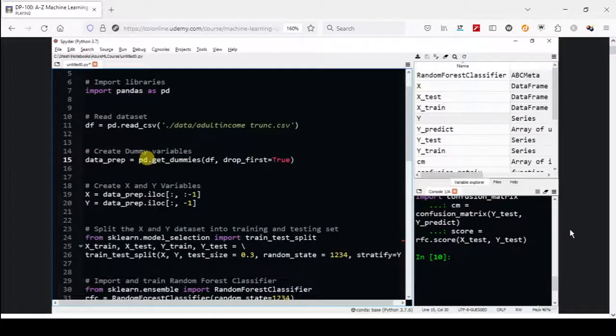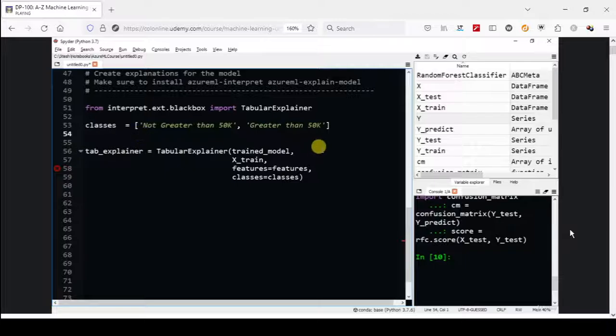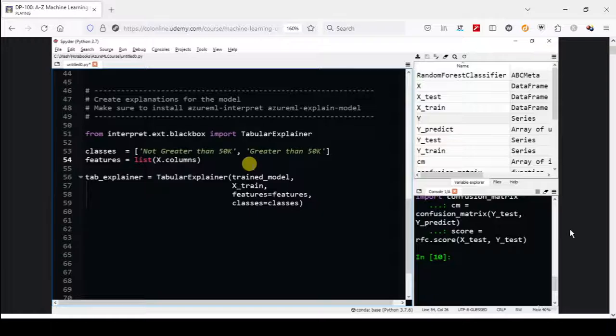So instead of searching for them and providing them in square brackets with so many names, we can use the column attribute of the X data frame and then use the list function to convert that into a list. Let me just show that as features equals list, and inside the parenthesis X.columns. Great. So with this class imported and with this object definition, the constructor, all the parameters defined, we can now